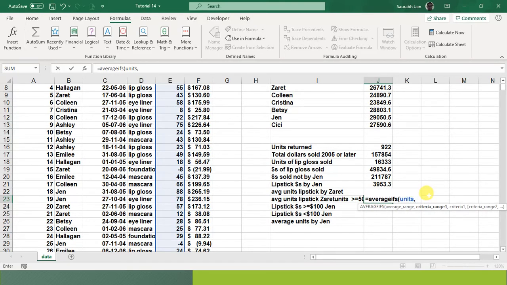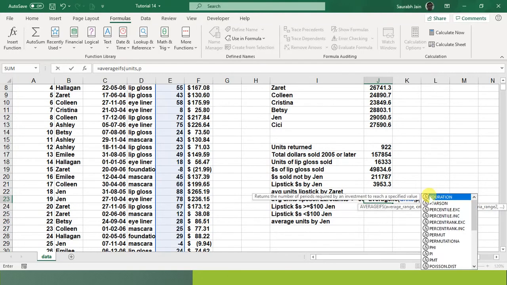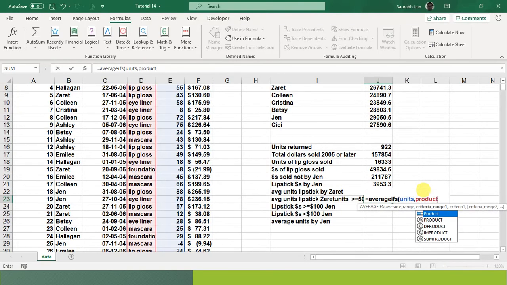You have to apply for product lipstick, comma, name Zaret.